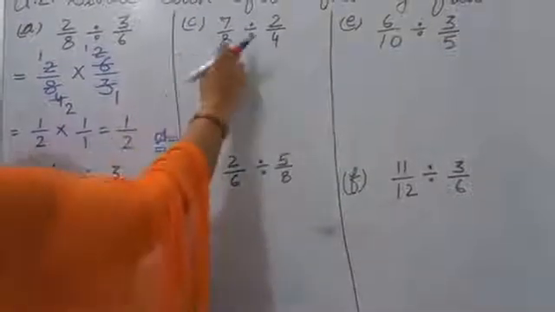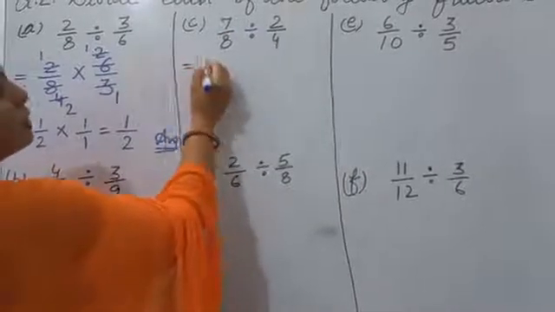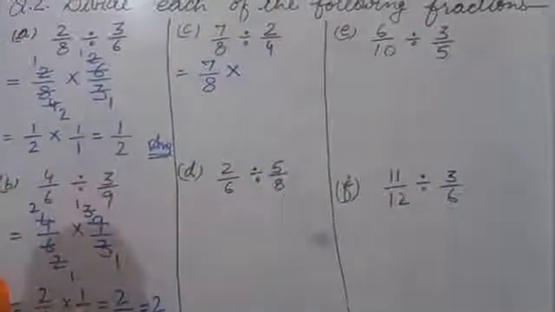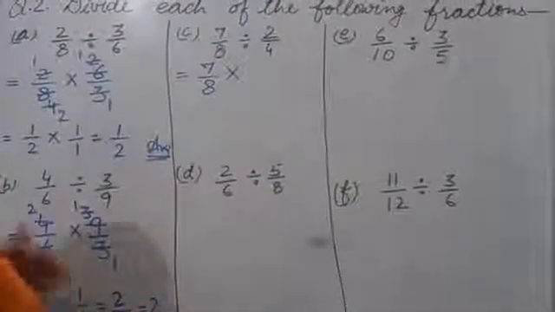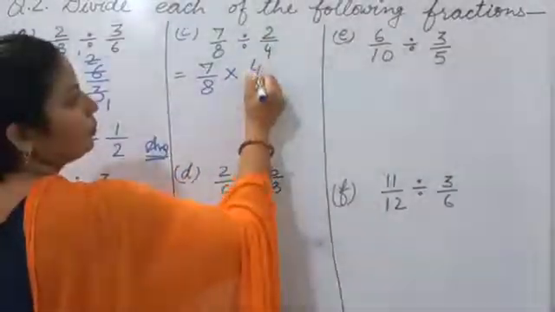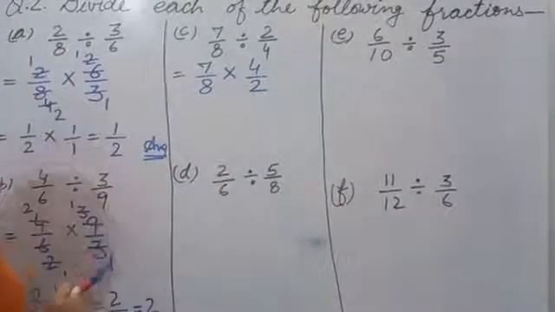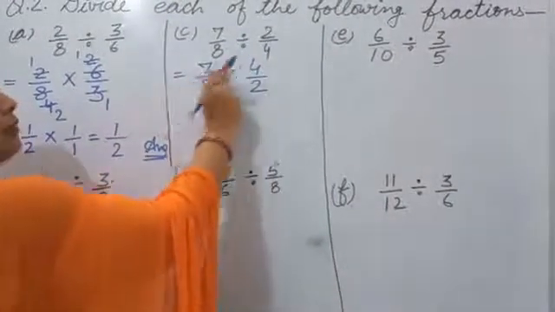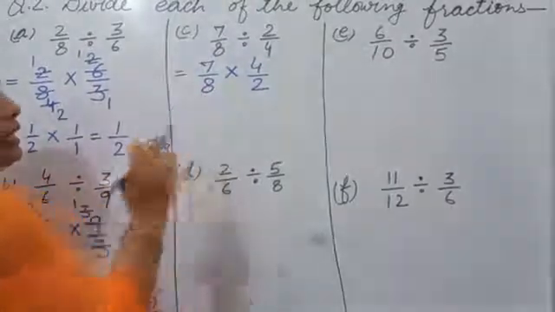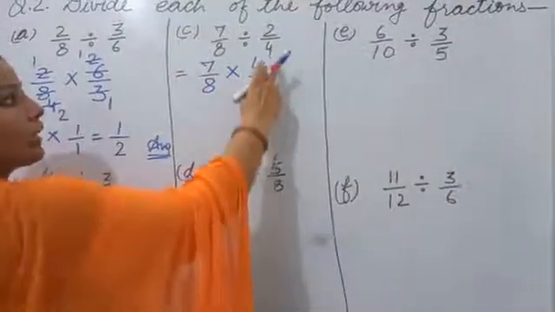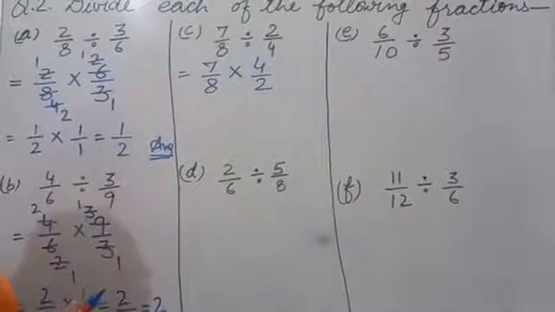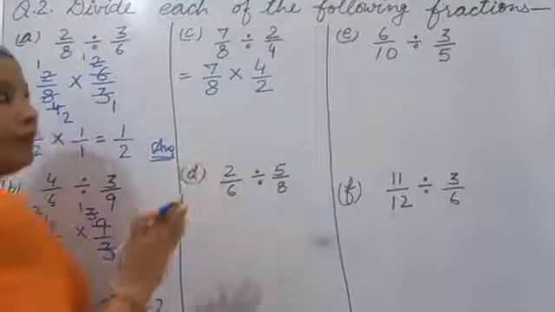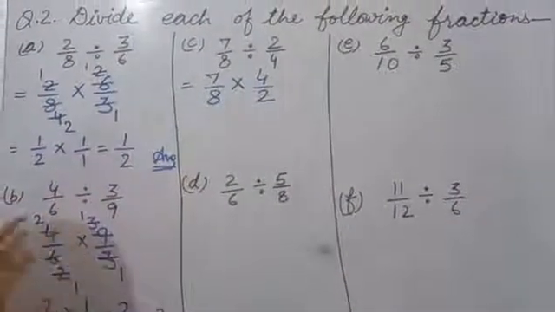7 upon 8 divided by 2 upon 4. So 7 upon 8 as it is. Now divide will change into multiply. Now 2 upon 4. So we make its reciprocal. So it becomes 4 upon 2. Now we can see that in 4 table we have 8. So we can cancel like this also. 4 ones are 4 and 4 twos are 8. And another way we can see that 4 and 2 both are coming in 2 table. So by 2 also firstly we cancel by 2 and then again we cancel by 2 with 4. But both ways you will get the same answer. So as you wish you can cancel.